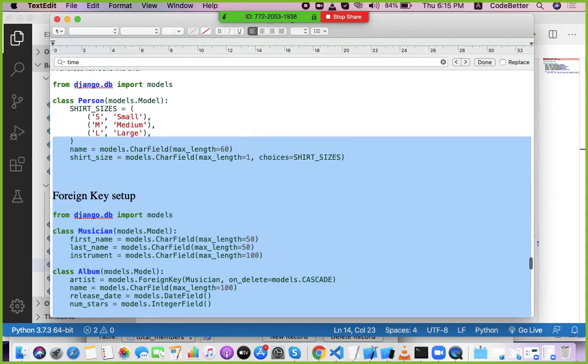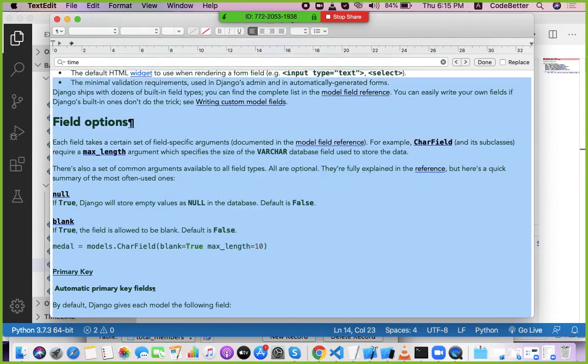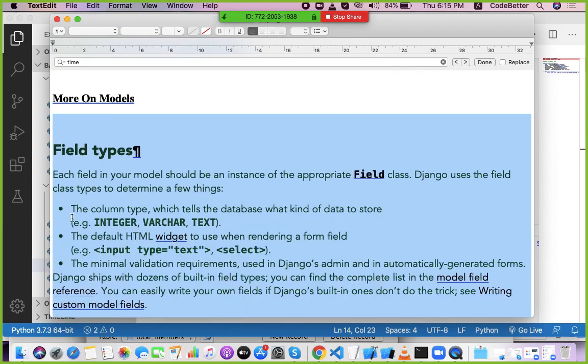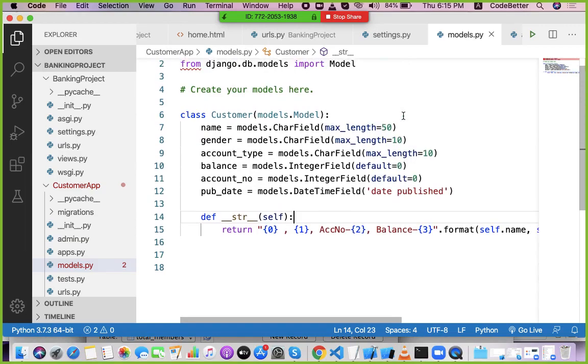You are already aware of the foreign key concept; I am just giving the basic idea. There are different field types. Field types means the data type you assign to your fields. For example, here the field type is character field, integer field, date time field. So various field types are provided.